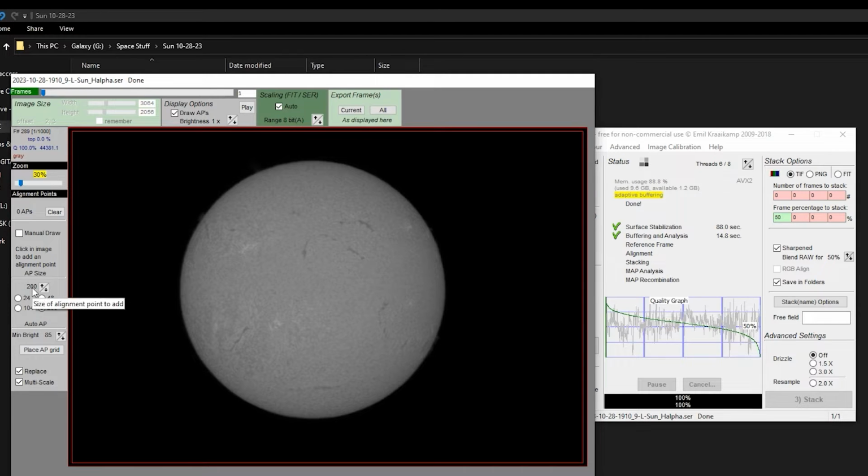I'm doing 200, which is still plenty small, and I'll get around 200 of these dots on the sun. You can always increase it to get bigger dots and a smaller number. I try to get between 100 and 200 if possible, and you can mess with the minimum brightness. If you want to look at the individual frames, you can use the scroller here to see what the other